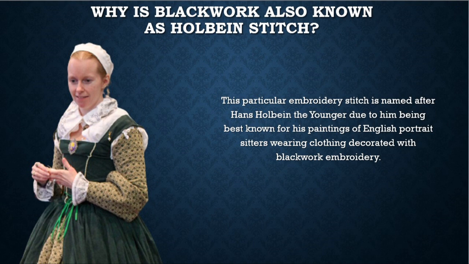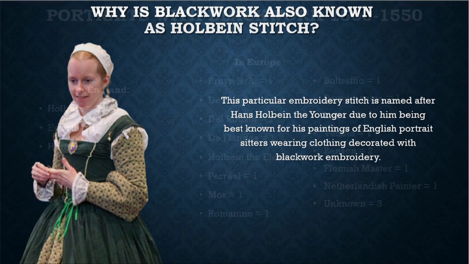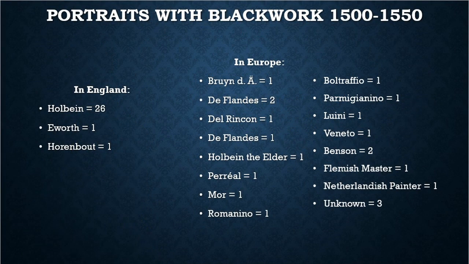Blackwork embroidery is pretty much any type of embroidery of black thread embroidered on fabric. But the specific type that Hans Holbein is known for is the earlier 16th century type, where it's geometric, it's reversible, it's also known as double running stitch. But even when I say that, you will notice in some of his portraits that this may not completely be true. But to give you an idea of why it was also known as Holbein stitch, if you look here,